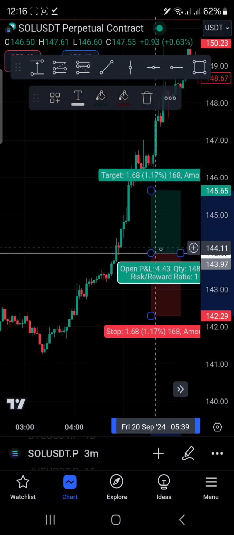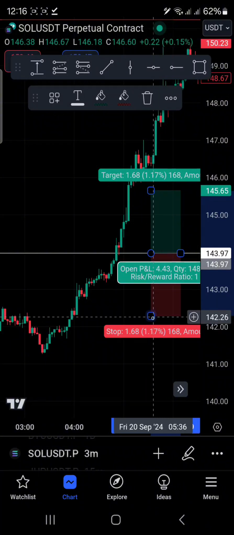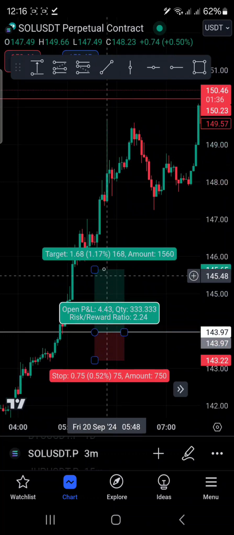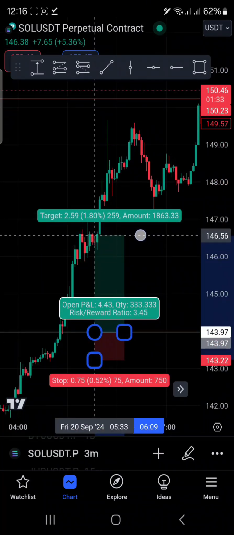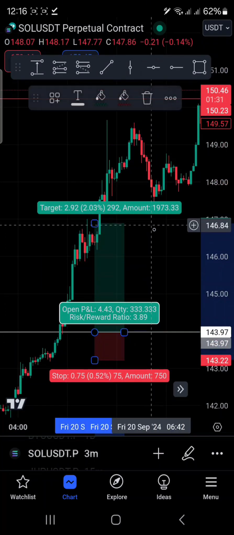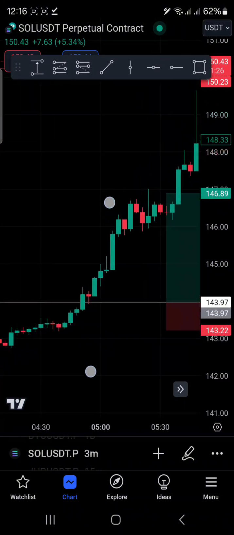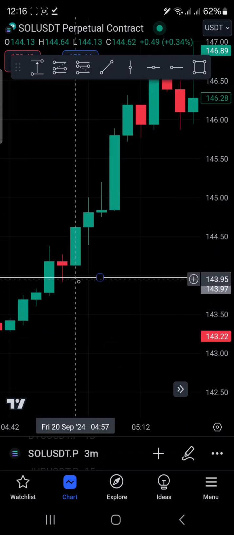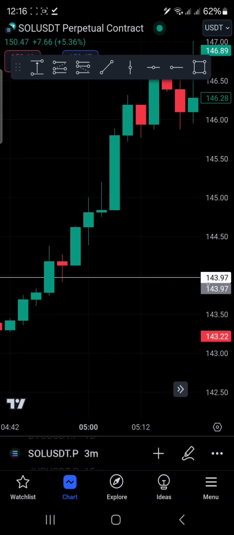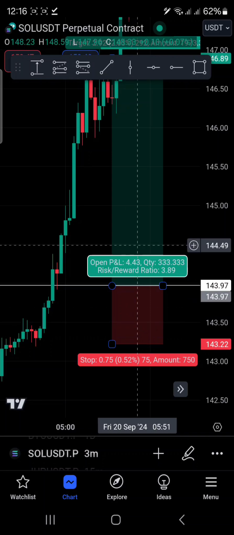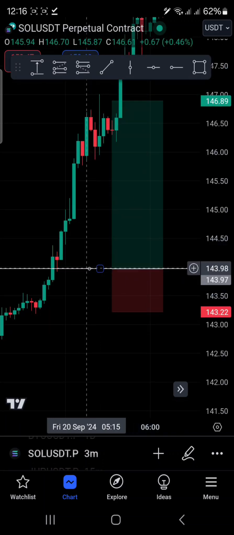So you place your entry here, then your risk will be 0.5. Then your profit, TP, will be 2%. So that is it, 2%. We enter, and if you look at it very clearly, you see that after the breakout there was a retest. This is very good. Then from the retest, which is at 143.97, your risk here is the fact that this strategy is already telling us that we know our entry and our risk.